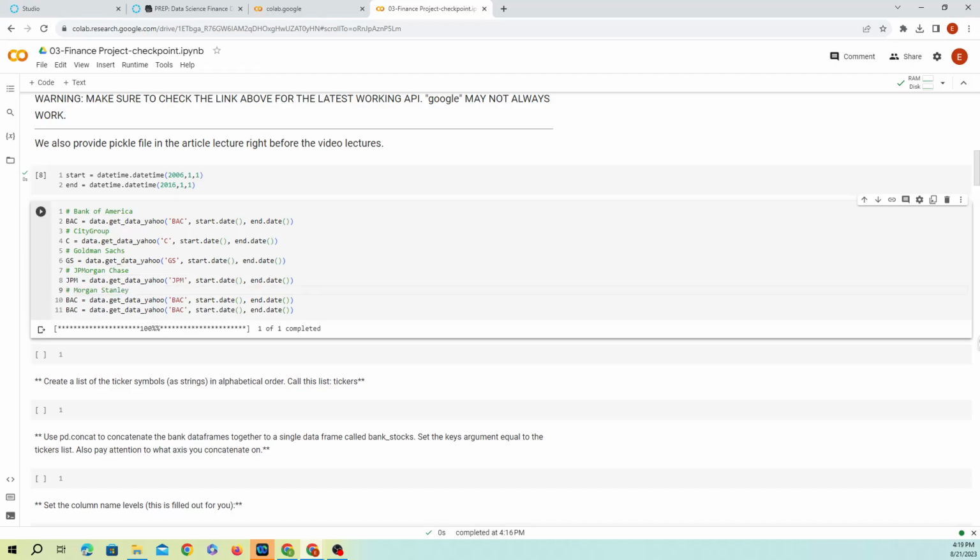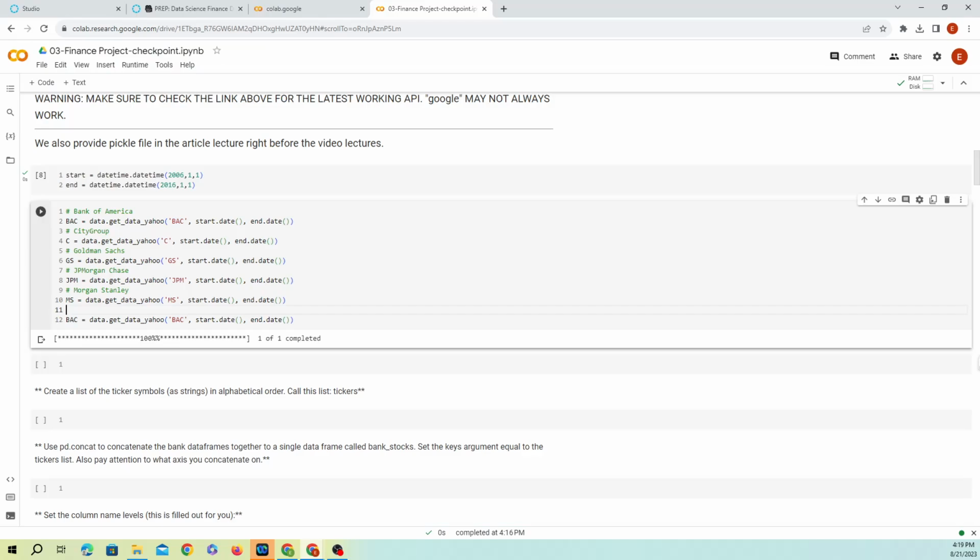This is going to be MS, and then we're going to change this to MS. So practically right now what we're doing is extracting the data from the API of the Yahoo Finance website. It has a special tool that we can use, so that makes it easier. And this is going to be Wells Fargo, I think. Wells Fargo, yeah. And we're going to call it WFC.